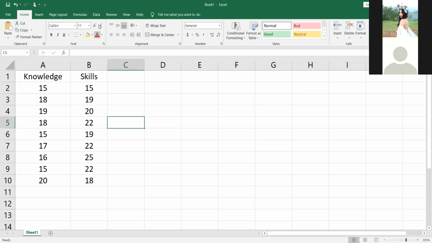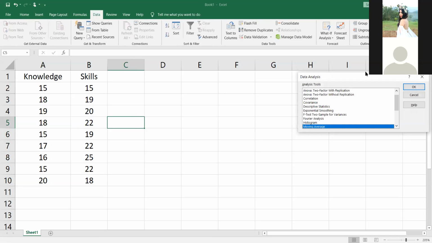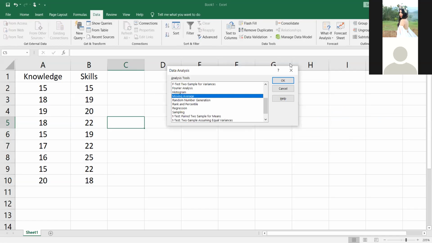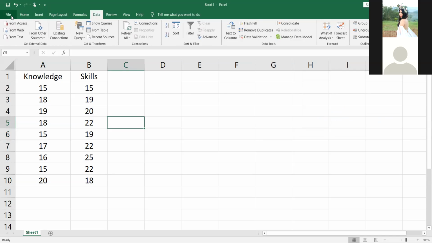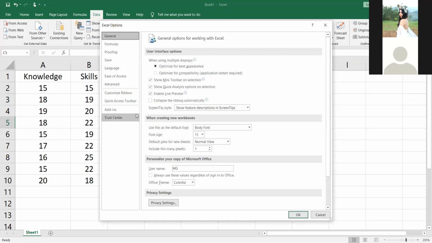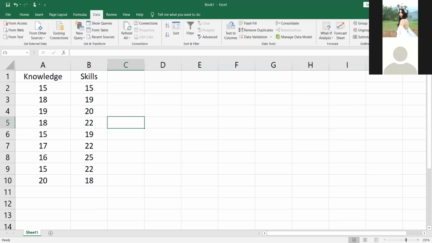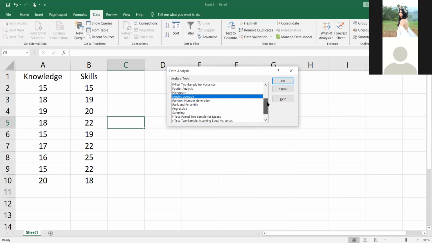So to do that, we have to access Data Analysis, and then locate Regression. If you do not have Data Analysis yet in your Microsoft Excel, you can proceed to File, Options, and then Add-ins, and make sure that we have highlighted here Analysis ToolPak, Excel Add-ins, click Go, and then click OK. That is in case you cannot find this option under Data. Okay, so again, let's go back to the procedure: Data Analysis, and locate Regression,